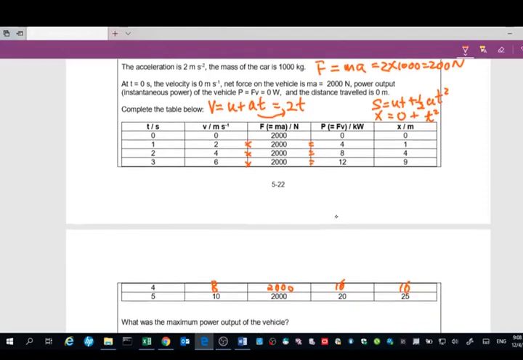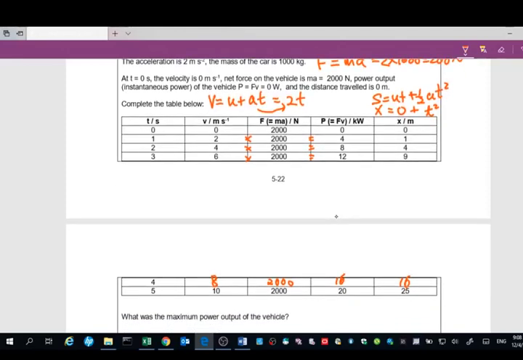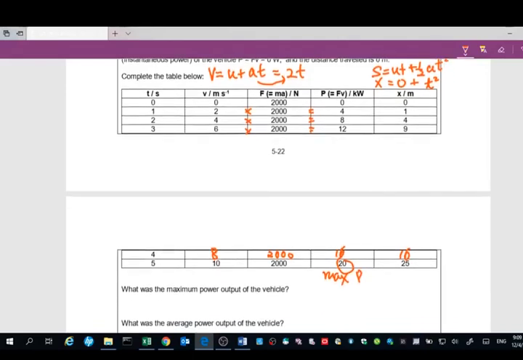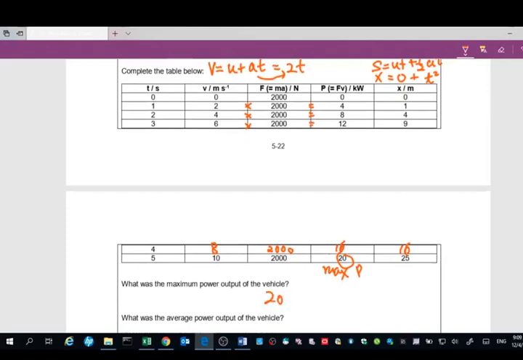Next part of the question: what was the maximum power of the vehicle? As you can see from here, the last value here is 20 kilowatt. Okay, that's the maximum power. The largest value is 20 kilowatt. The answer is 20 kilowatt. What was the